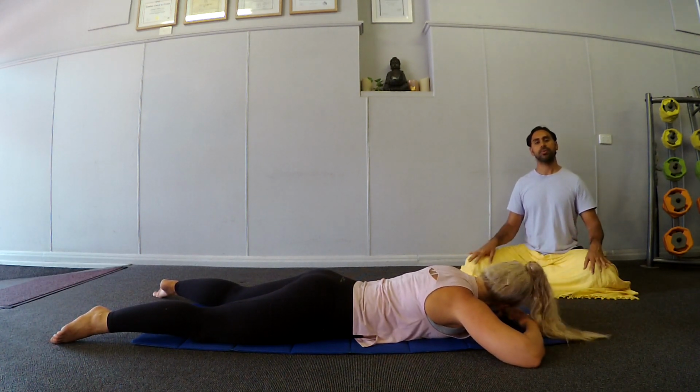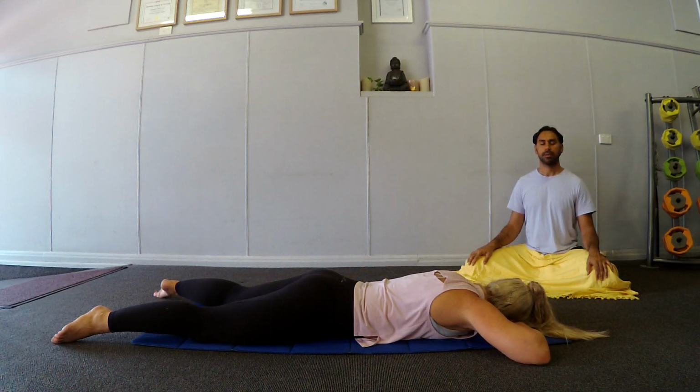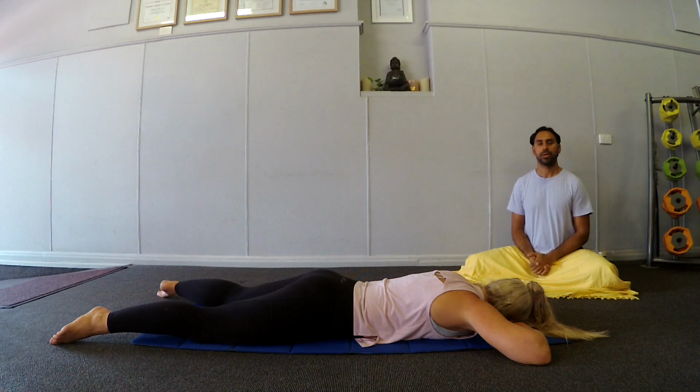I want you to turn your head to one side and just let go, relax. Make yourself comfortable, more and more aware of the easiness and uneasiness of the body and the body parts. Make yourself aware of the feeling, just in that perfect calm, perfect bliss. Bring the head back to the center, and then just coming up on all fours, slowly on your knees and